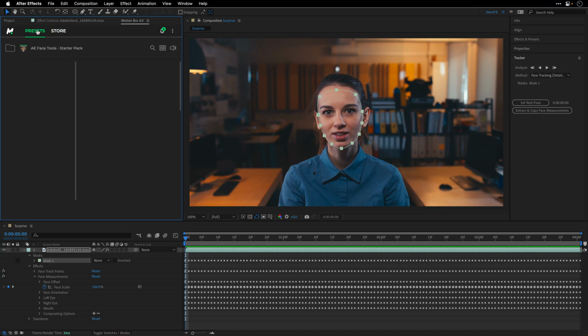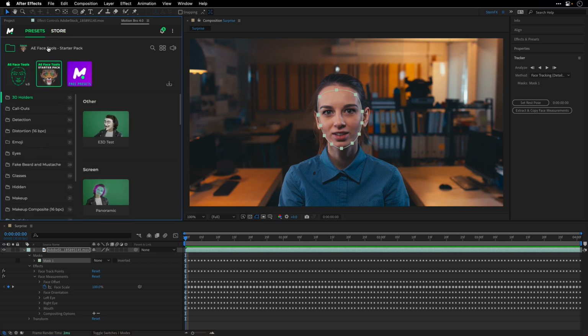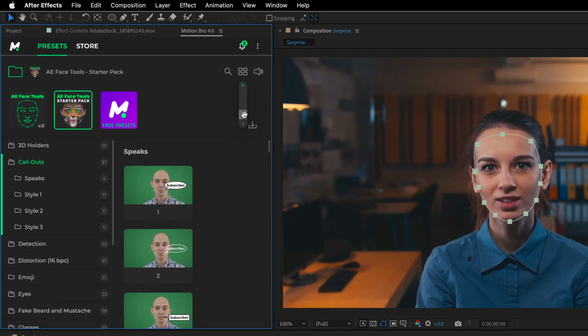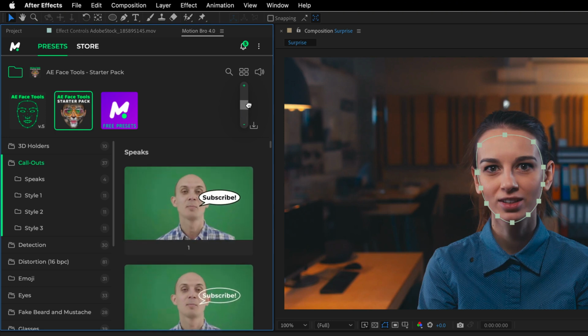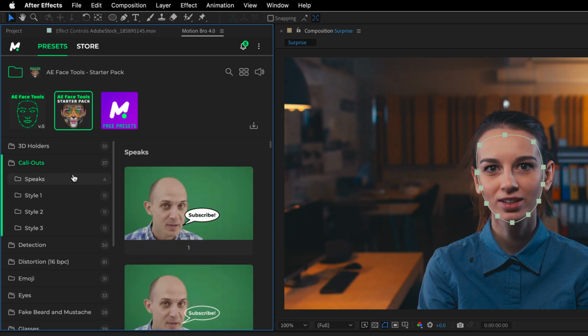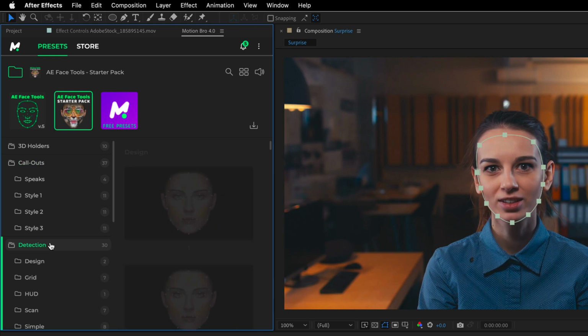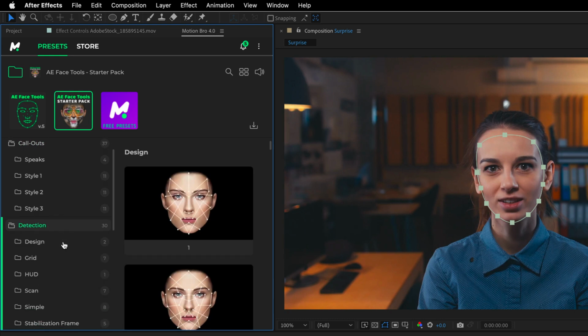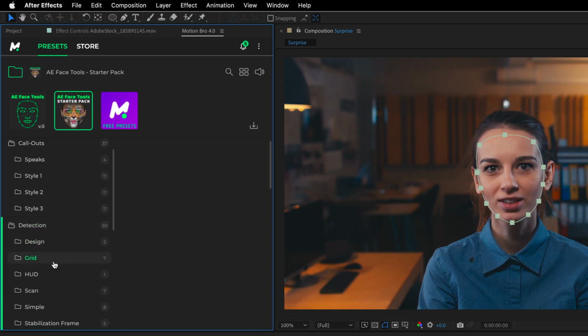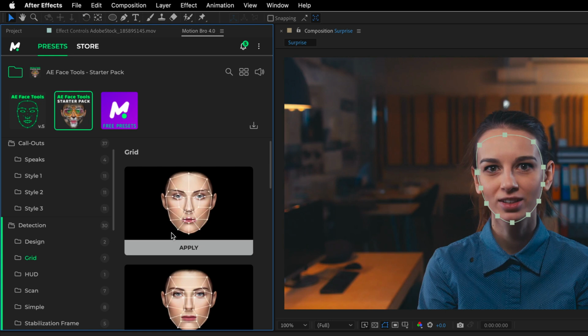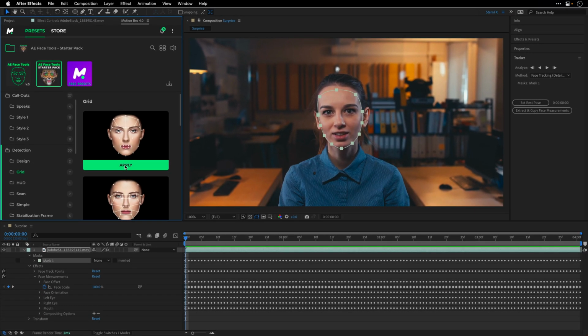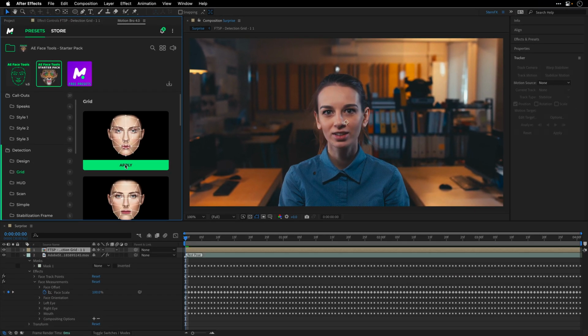So now I'll go back to the presets. I'll click over here. Let's make this one a bit bigger so we can see all the things that it has to offer us. And you can just click on this and get a sense of what you're going to get using the little preview over here. So let's say that we want to apply this grid on top of her face. All we need to do is just click apply. It's going to do all the math behind the scenes,